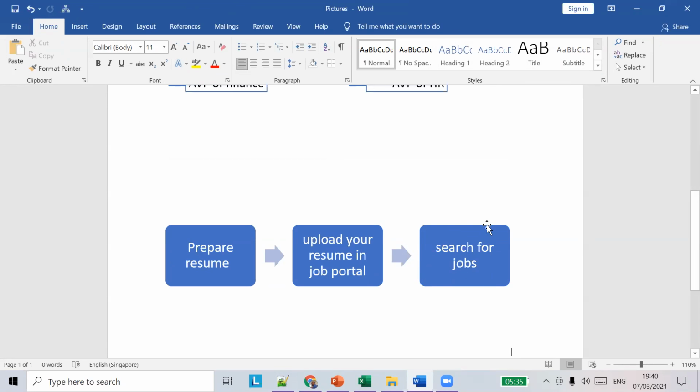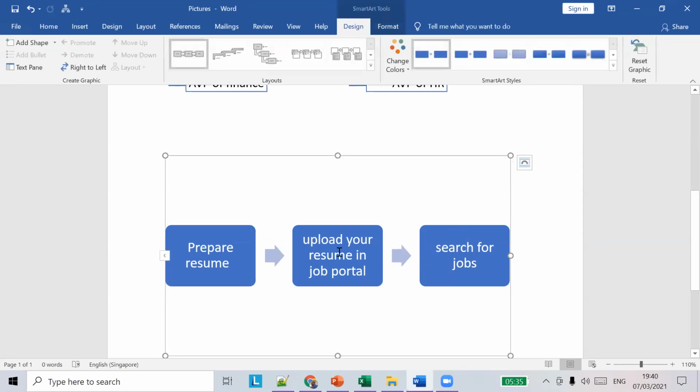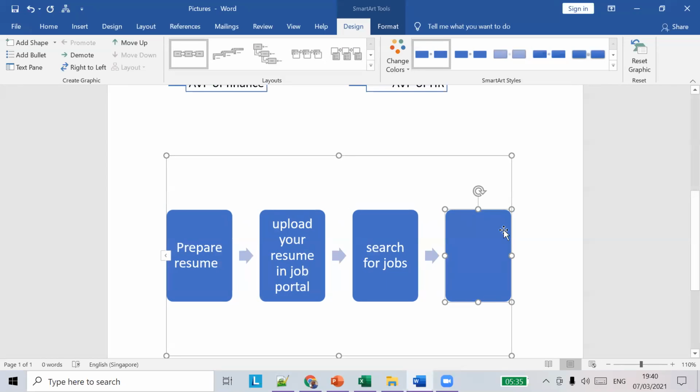So the SmartArt is over, so we have to add a shape. What I'm going to do is add shape after, and you'll have a shape added automatically. So search for a job. Then you have to apply for jobs. Then what else?